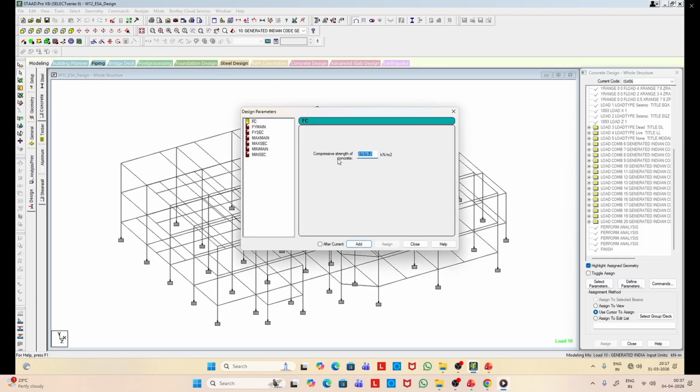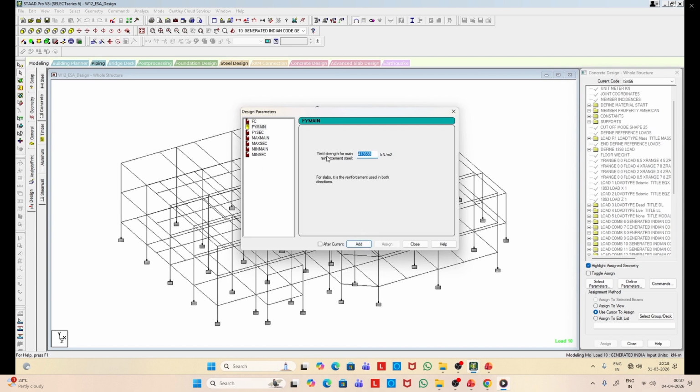So FC, recall, we have M25 concrete. So we define that value here. Likewise, Fe415 steel.